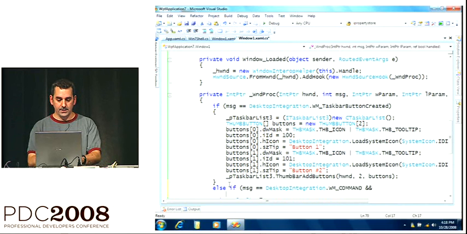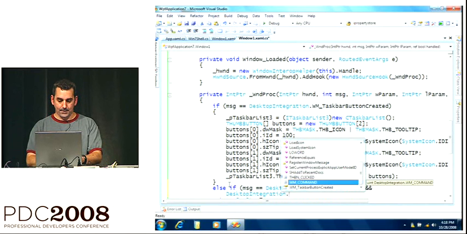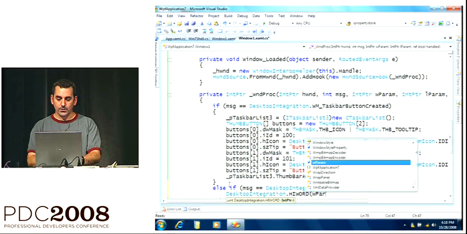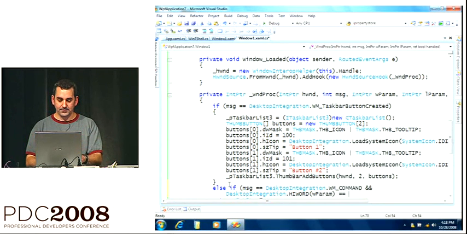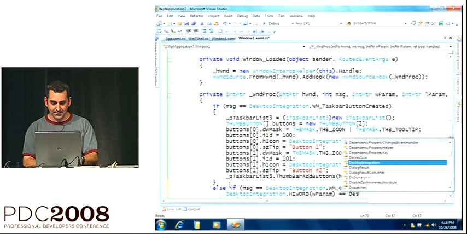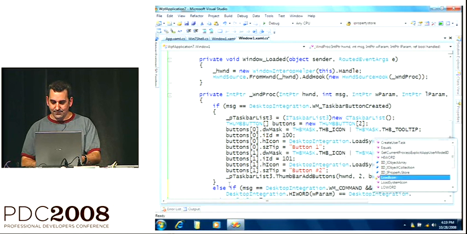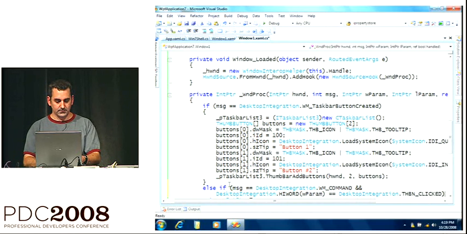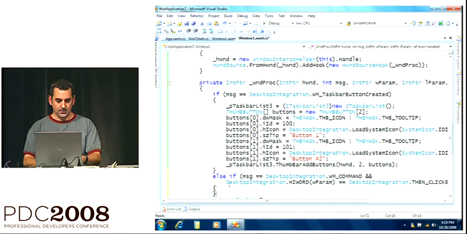And the high word of the wParam, this is definitely some Win32 era stuff happening here. If the high word is thumbnail button clicked, then